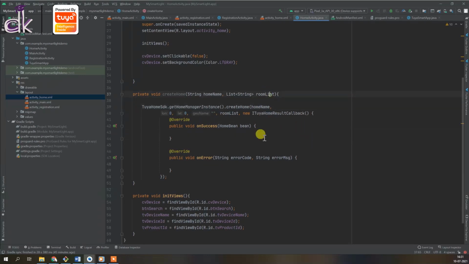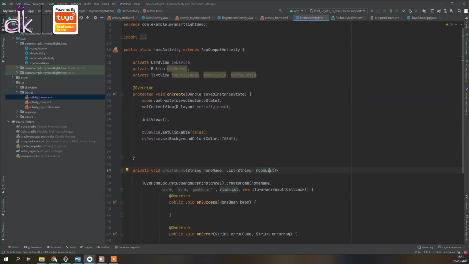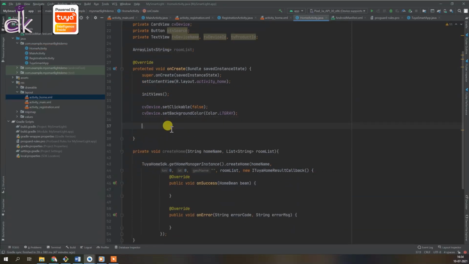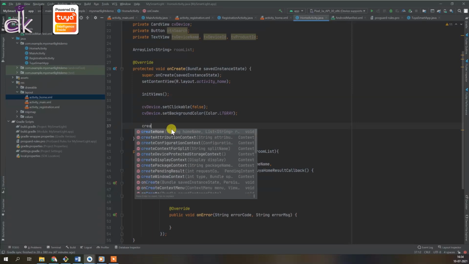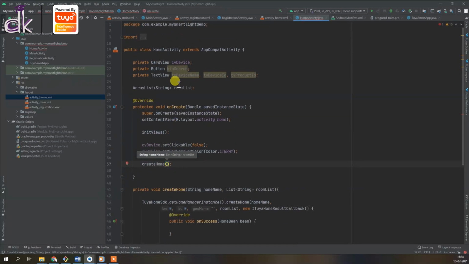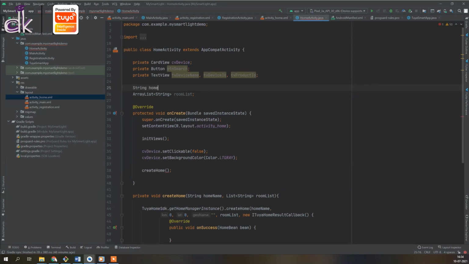Now, what is this room list, right? So for that, we'll need to create a list. Under create view, just call create home, and then okay, we have not created the home name, so we can create some home name, and we can call this as my home, something like that.